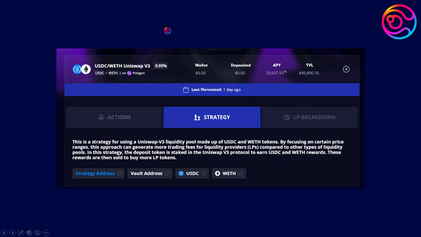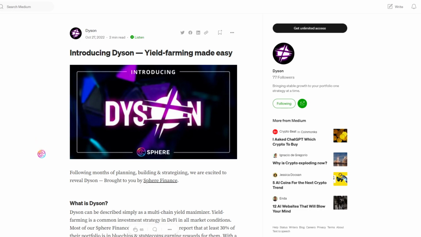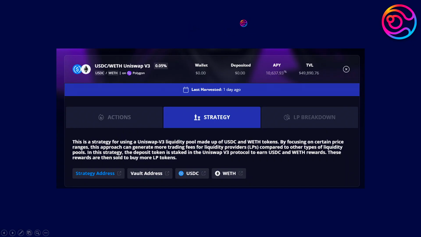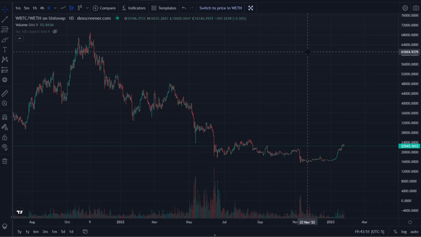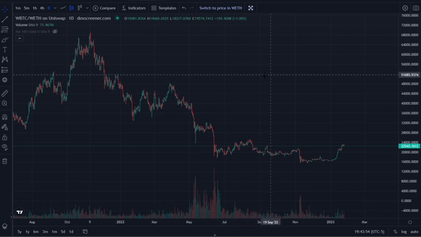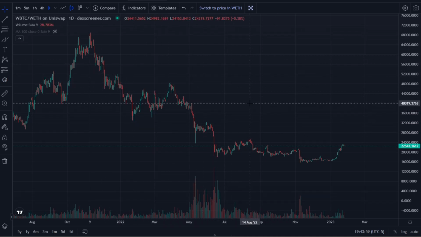As exciting as the resulting APY can be for liquidity providers through Dyson, Sphere's upcoming yield maximizer that will include auto-compounding vaults for Uniswap V3 LPs, an understanding of the risks you are taking as a liquidity provider is essential. First, the obvious. When providing liquidity using volatile assets, there will always be the risk that those assets change in value over time. The crypto markets are no stranger to sometimes extreme shifts in price, and becoming a liquidity provider does not protect you from that risk.